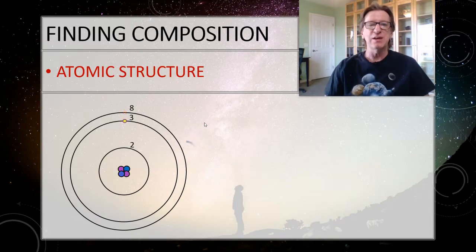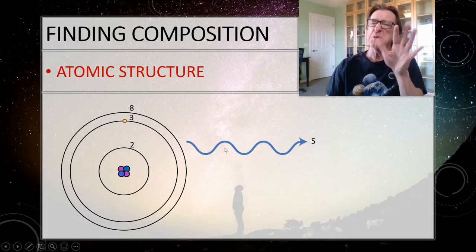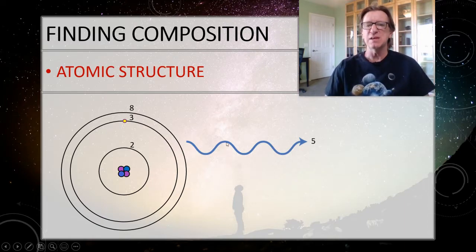As she burns through that energy then, she drops from 8 to 3. 8 minus 3 is 5, and so it emits a photon with energy 5. Now you guys know that the more energy it has, the bluer it's going to get. So this is quite a bit of energy, so we're going to say that it's a blue photon. Again, these numbers don't mean anything, just higher or lower energy. That's all we care about.